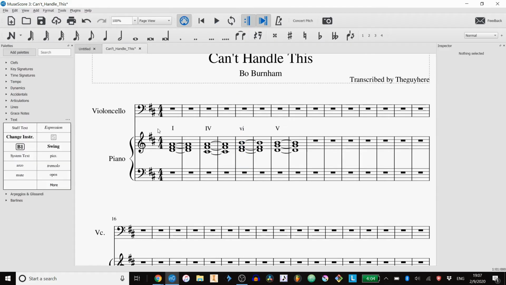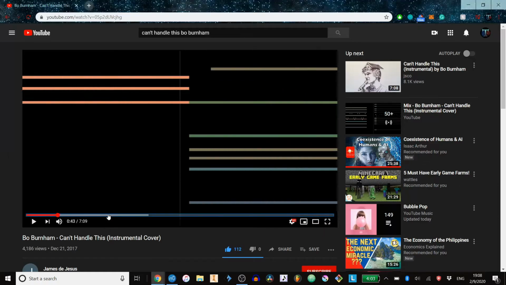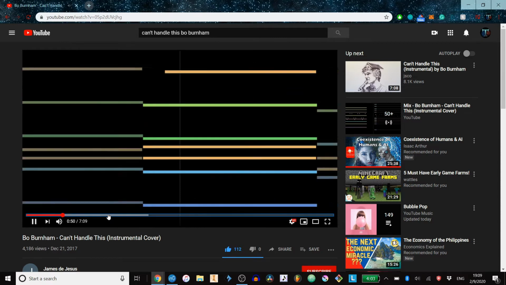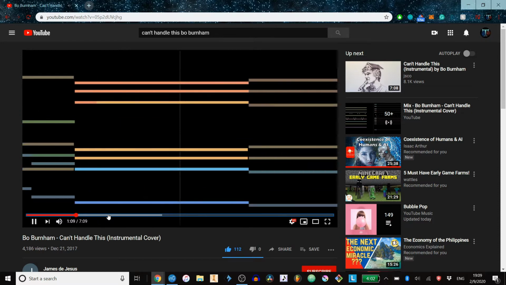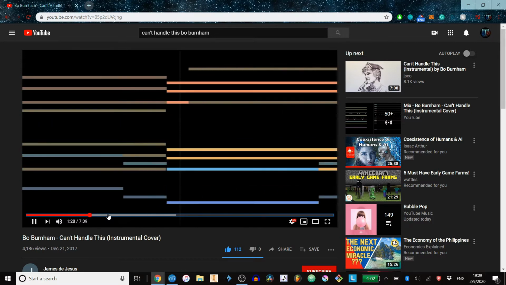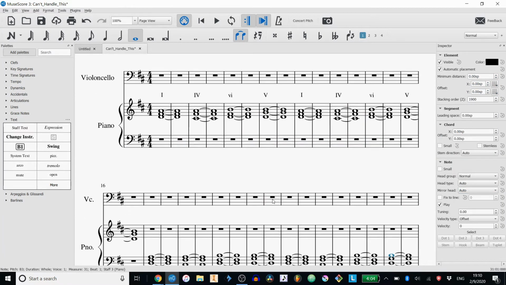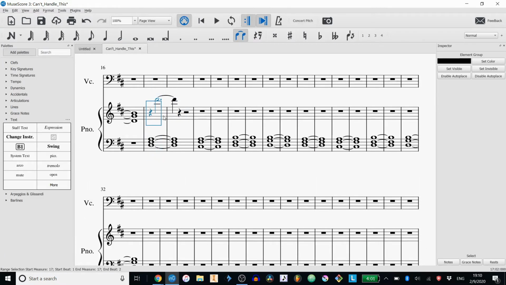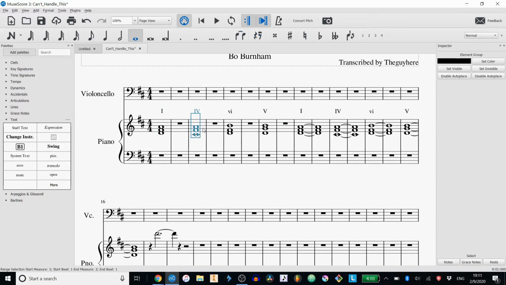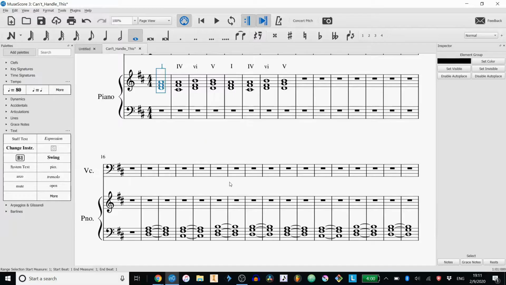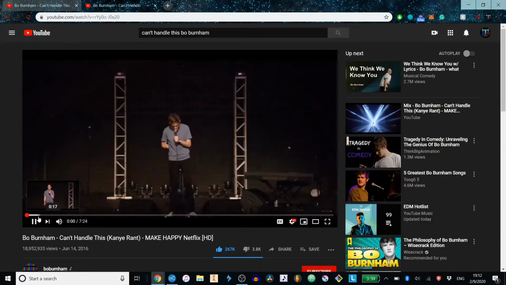Speaking of progress, these past 2 weeks, I finally began on the transcription of Can't Handle This. So far, I found the key the song is in and started transcribing the instrumental part of it. Once I write the instrumental accompaniment, I will be able to decide where the melody should go. Luckily for me, I found that someone had already made a Synthesia-esque instrumental version of the song, so that sped up the transcribing process a lot. Hey, I don't want to reinvent the wheel, so if someone's already got the instrumental figured out, I'll take it.